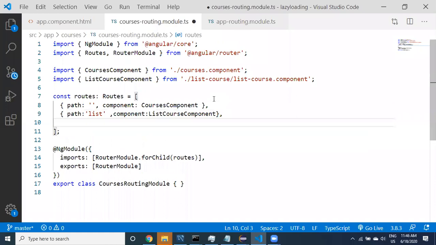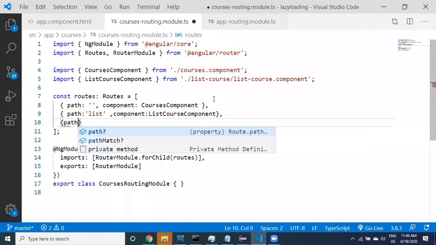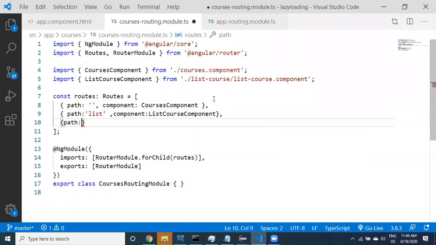In the same way, path, one is blank, and then list.